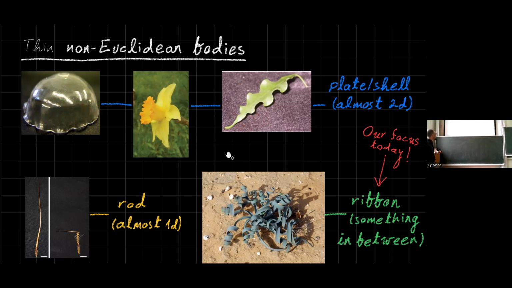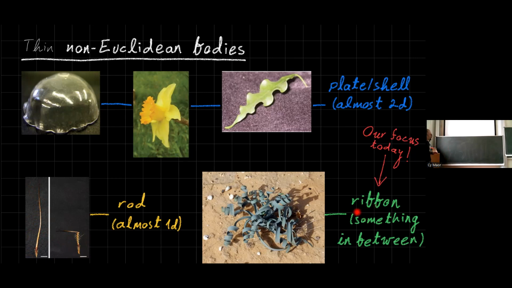So these are almost 2D. You have almost 1D, which we call rod theory. Here, this is a plant called, in English, stork's bill, I think. So this is the plant originally, and then when it dries, it changes the local distances inside. It gets some non-trivial Riemannian metric, and then it gets an interesting shape like this. It actually helps it spread its seeds when it dries up.